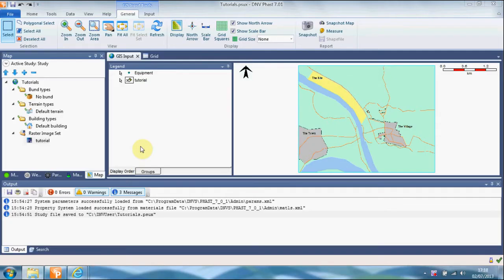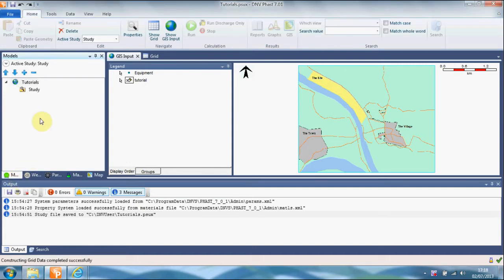We will now perform the consequence analysis. Firstly, you need to define the pressure vessel that contains a toxic material. So move to the Models tab section, and you will start by defining the pressure vessel equipment item that contains a toxic material. The vessel is a sphere with a radius of 3.37 meters and volume of 120 meters cubed,